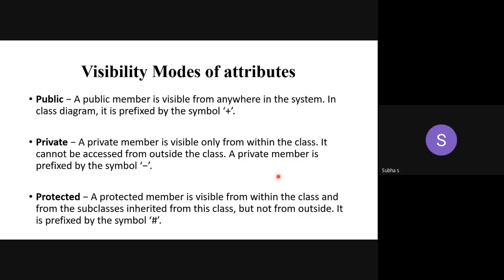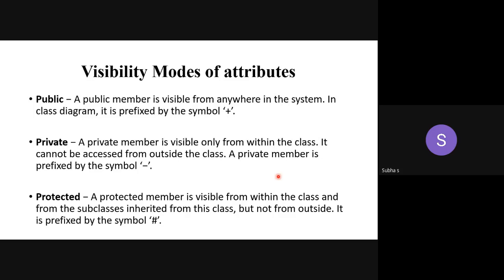Very important question. Either it may be asked in 2 marks, 6 marks or anything. Maximum 6 marks it will take. Or if you are asked to write a detailed note on attributes in UML with suitable illustration, you have to write the definition, then the parts of attribute, then the visibility modes, the types of attributes, like that you have to mention everything, whichever we are going to discuss in this class.